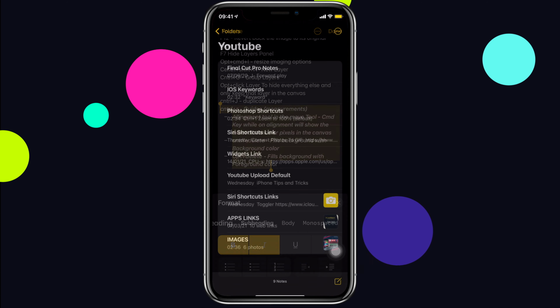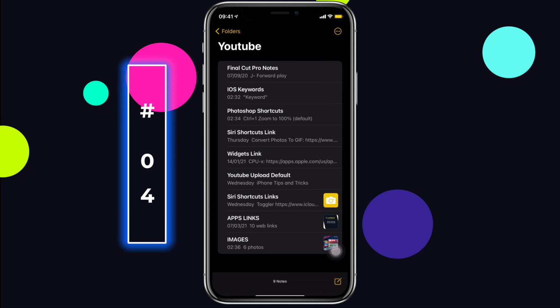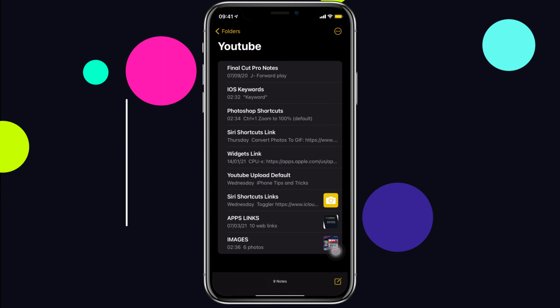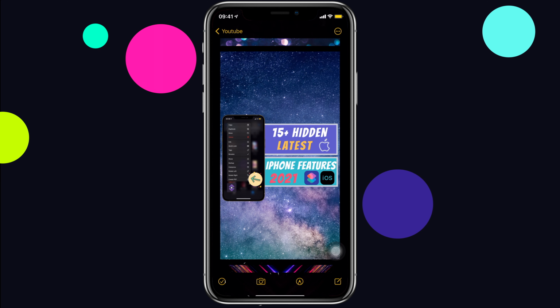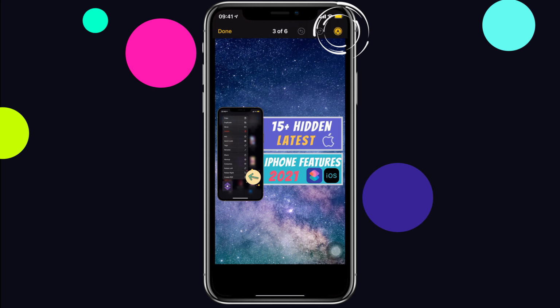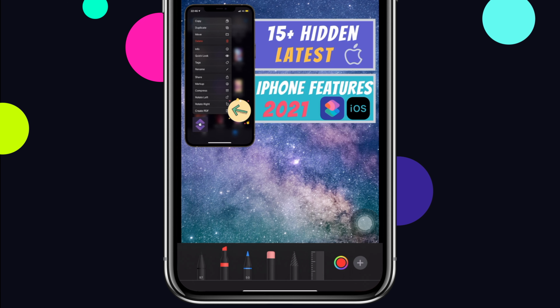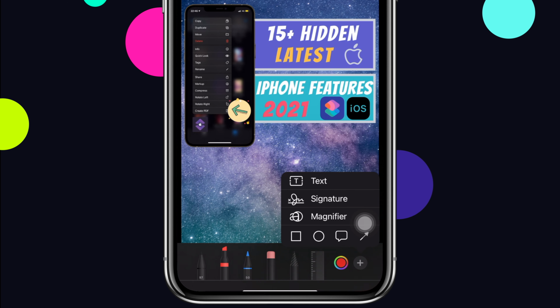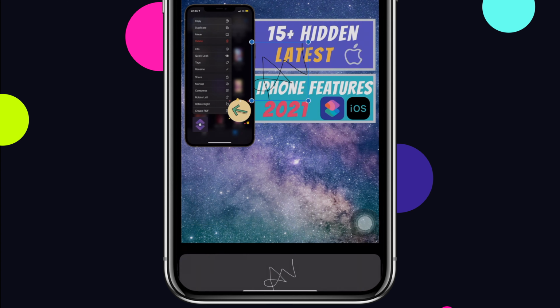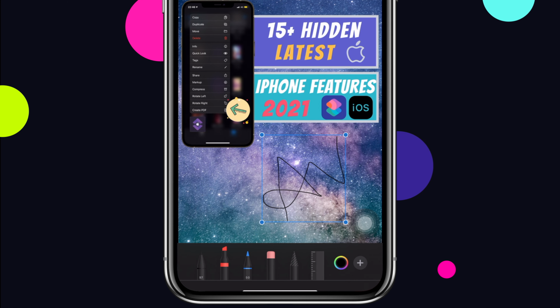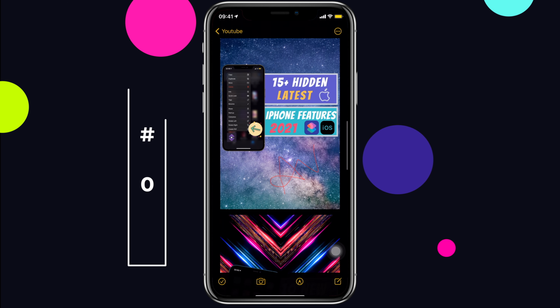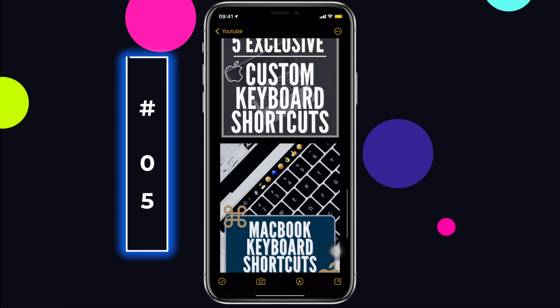It's very much possible to add a signature to a pic or a document in the Notes app. I have imported an image already using the camera option. Now tap on the image, you'll have the markup tool, then notice how a secret plus button pops up. Tap on that and add a signature if you don't already have one, and place it as you like on the image.